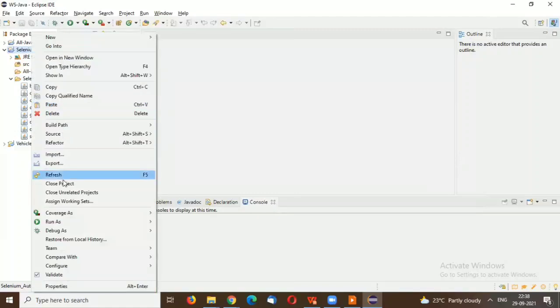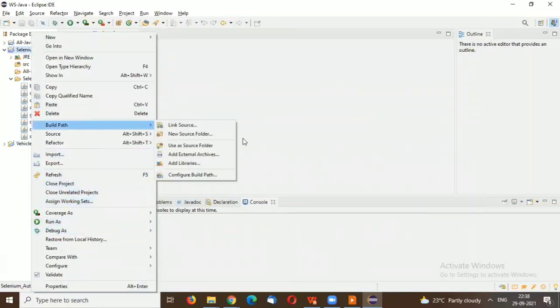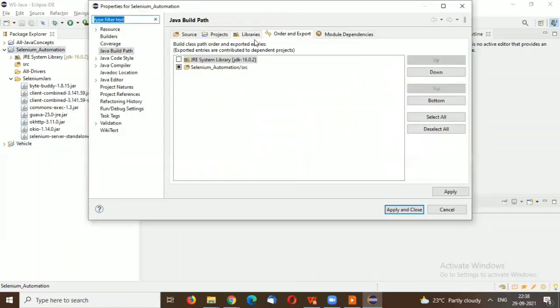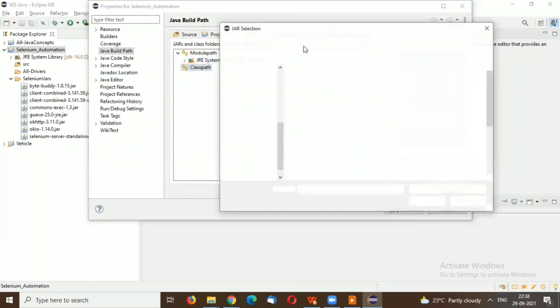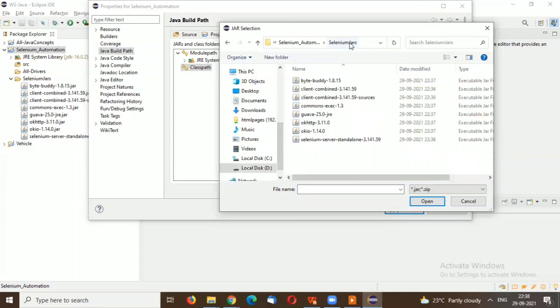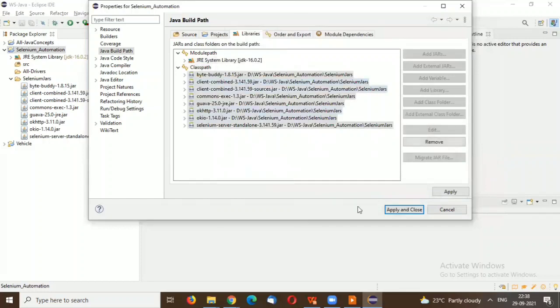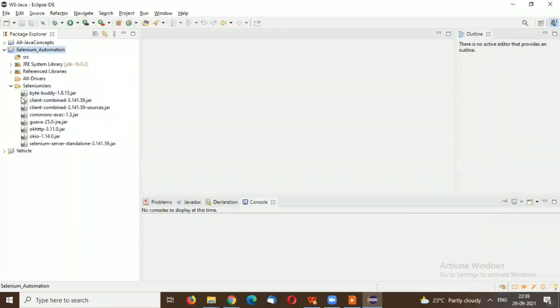Now we go to the build path, Libraries, and in classpath I click on Add External JARs, give the path of the Selenium jar folder, and select all these jars. When I select them and click Open, then click Apply and Close, you can see the green tick mark coming on all the jars. It means this Selenium automation project now has knowledge about the jars, so we can do the Selenium automation here.